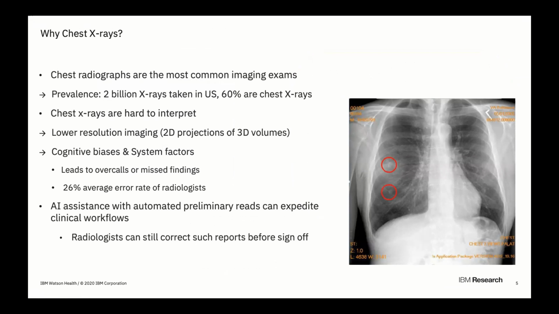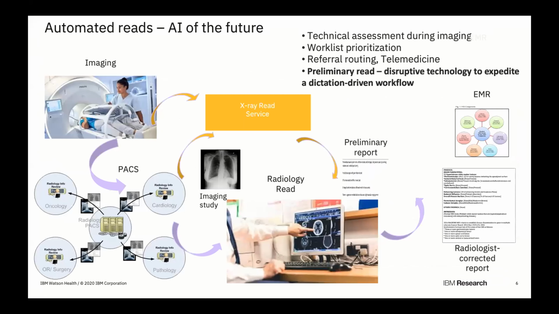There's also a lot of error, the possibilities due to the low quality of the imaging and the cognitive biases that hinder the interpretation of these as such. So if we could produce a report automatically from looking at chest X-rays, if the machine could do that, and if that was a good quality report, it can help expedite workflow in many ways.